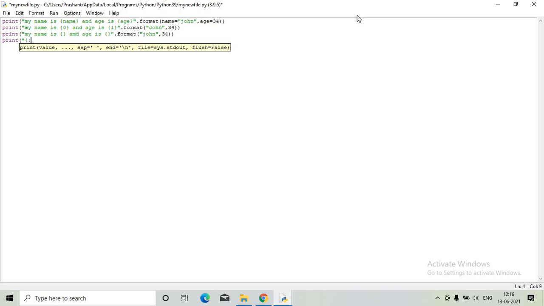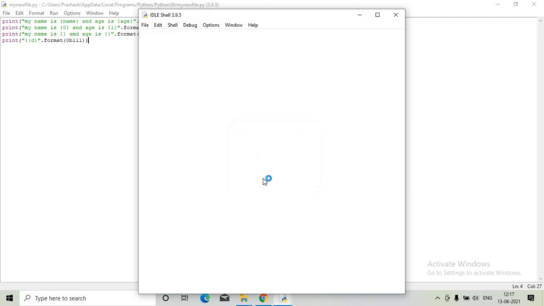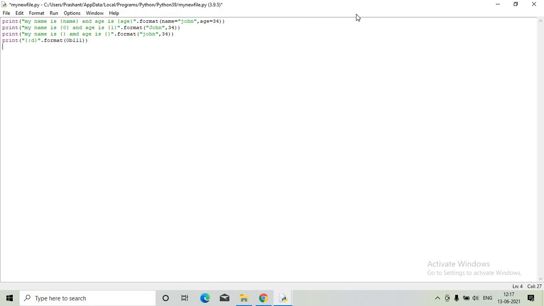binary to decimal. So let's try to understand how to convert the given value to a decimal value. Here we have the format option. We'll give 0b11, and I will try to convert from binary to decimal format. Just execute this. 7 is displayed, so we converted from binary to decimal.